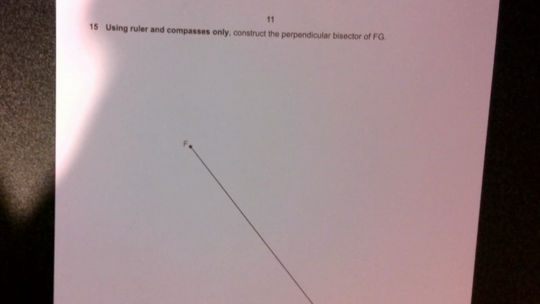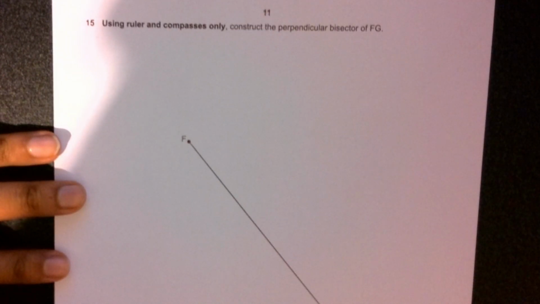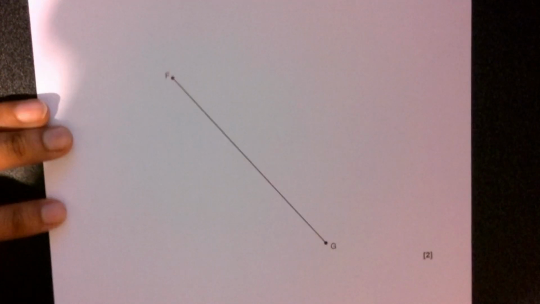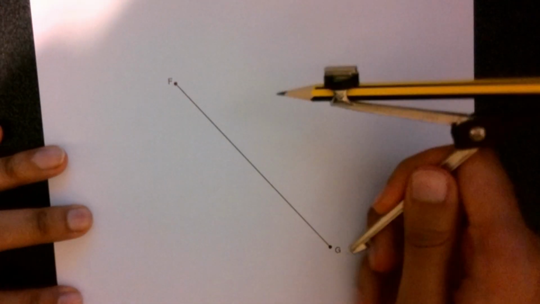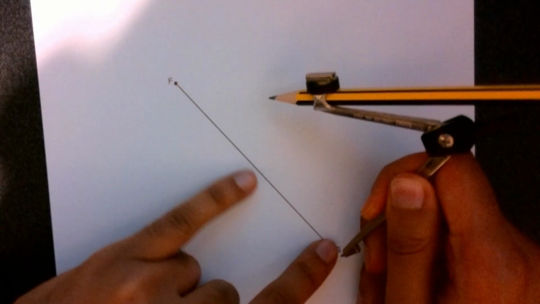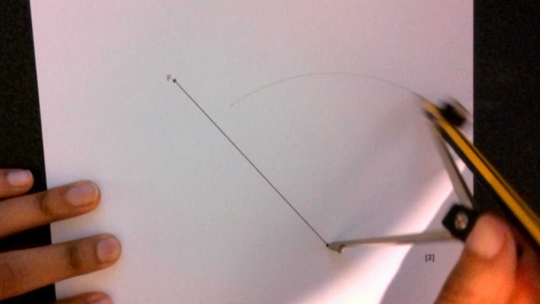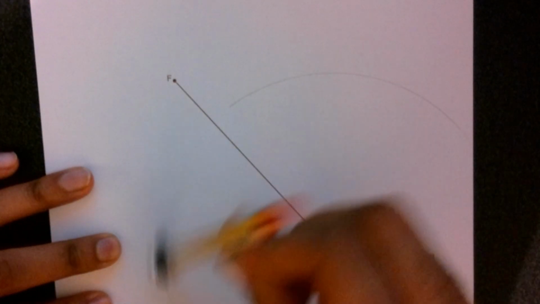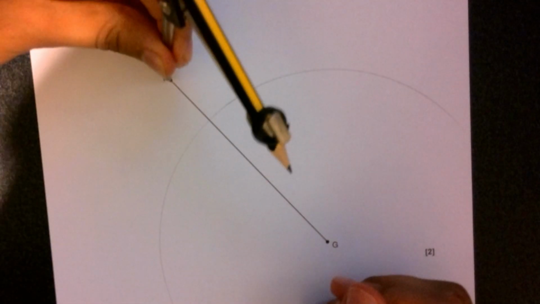Question number 15. Use ruler and compass only. Construct the perpendicular bisector of FG. First thing we need to do is grab our compass and make sure that the distance between the pencil and the pointy bit is more than half this distance. Put the pointy bit at one end, and then draw an arc like so, maintaining the same length, pointy bit at the other end,